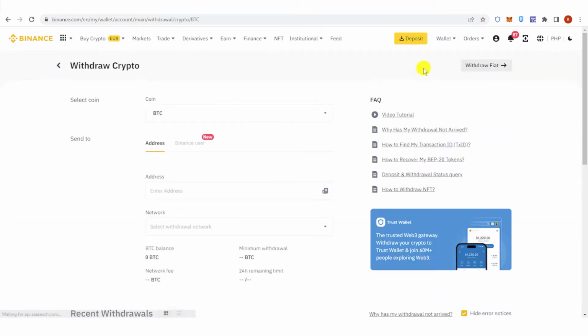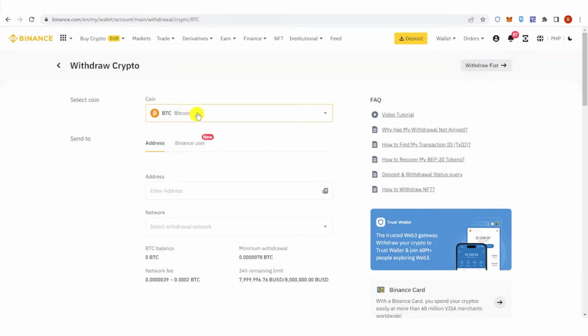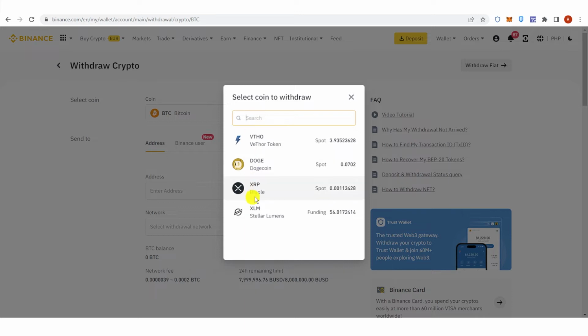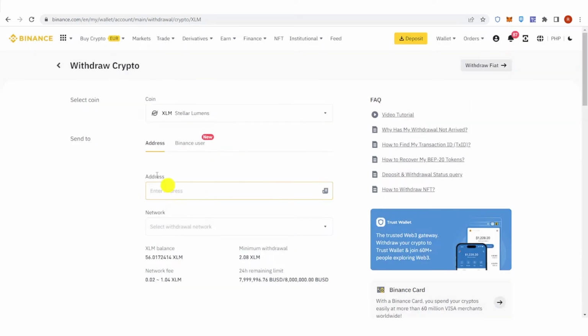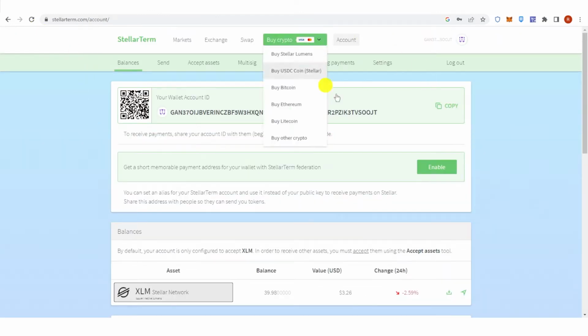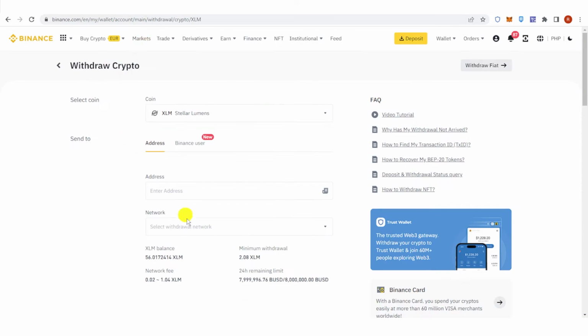click Withdraw, and then click here, type down XLM, click here, and then go to your Stellarterm account, copy the address, go back to Binance, and then paste the